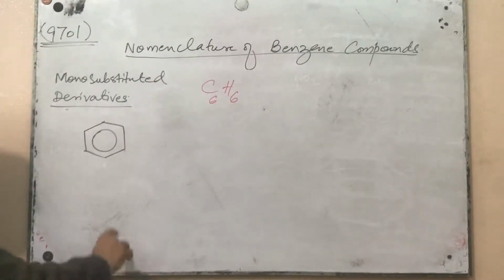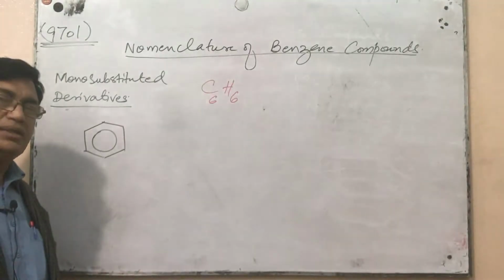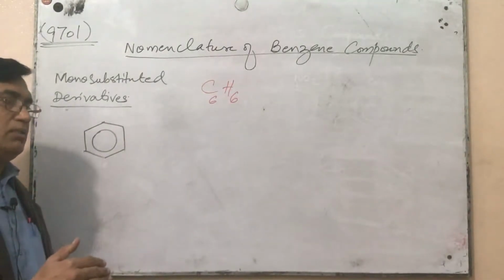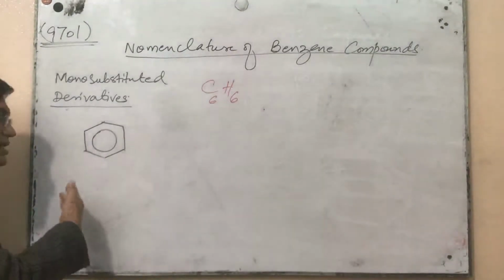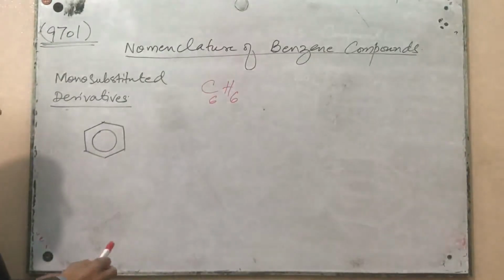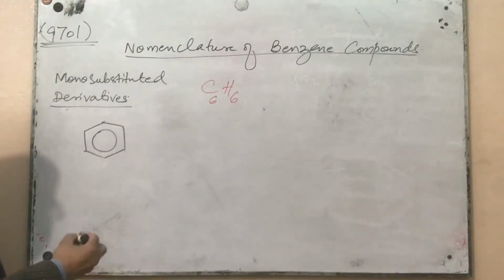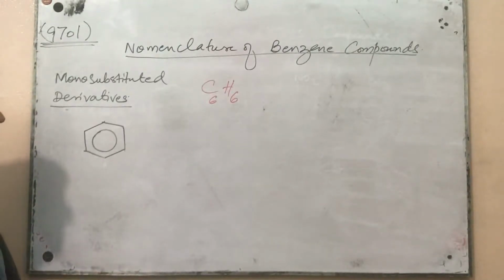No doubt, benzene gives both addition and substitution reactions, but benzene gives substitution reactions more conveniently as compared to addition reactions. For example, if we perform the reactions of benzene,